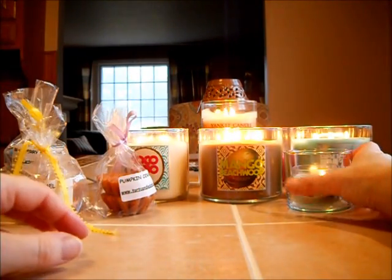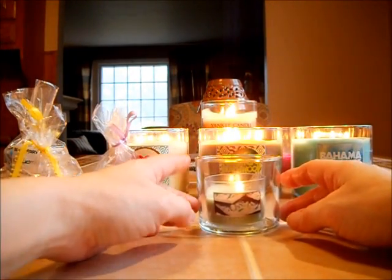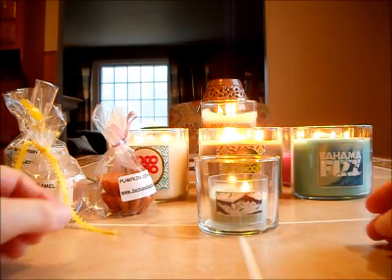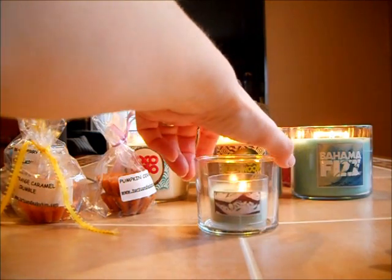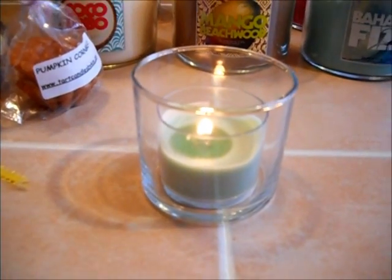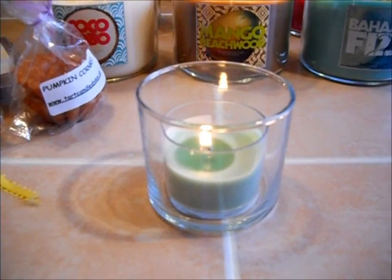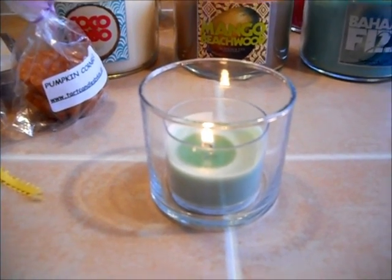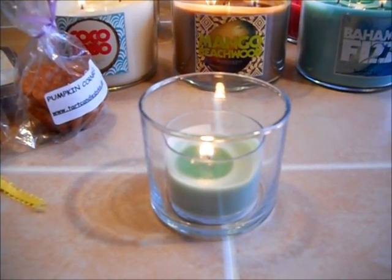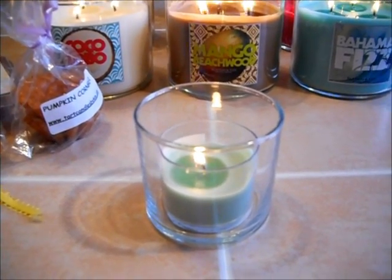I tried my little candle in mint chocolate from Slatkin, and I do not like these holders that they're giving out. It takes a long time to get an even pool of wax. And yes, I just lit this maybe 10 minutes ago, but it's a small candle. It shouldn't take that long to make a pool of wax. This takes, I would say, an hour and a half to 2 hours before it's an even pool of wax,